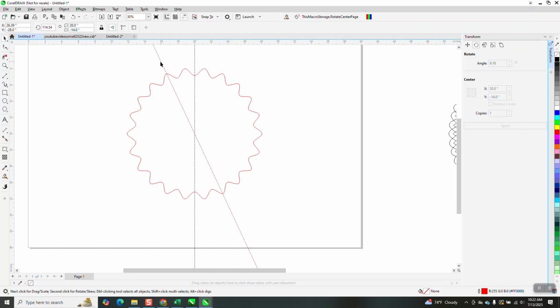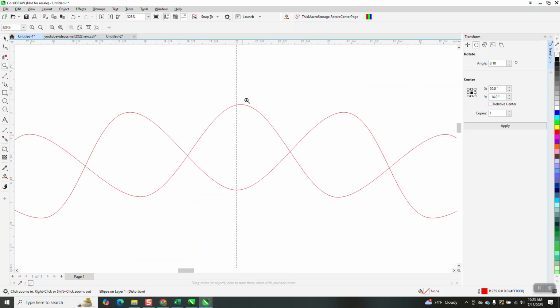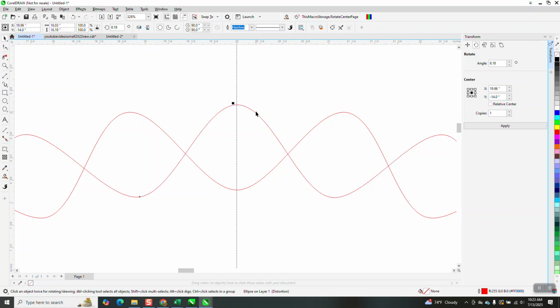I had on the indexing line 8.18. So I'm going to Control D. We don't have to rotate it from the center because it's in the center. So I'm going to go 18.8. Now that looks like it's in the approximate center, but it's not. If you look at the bottom of this,